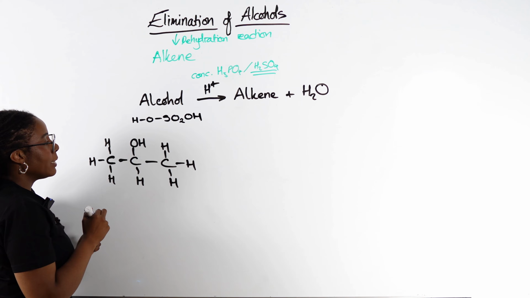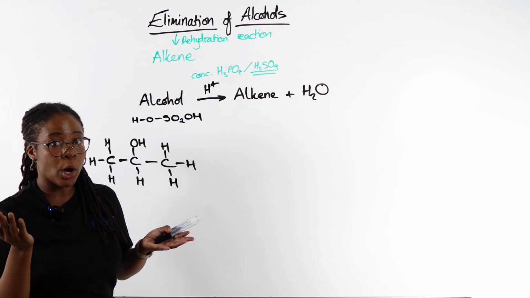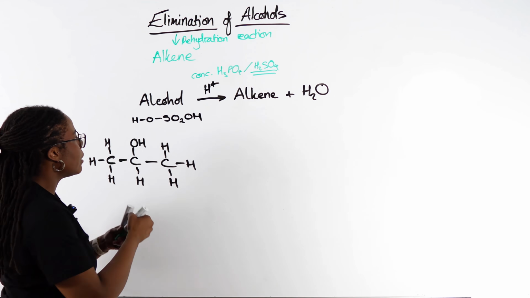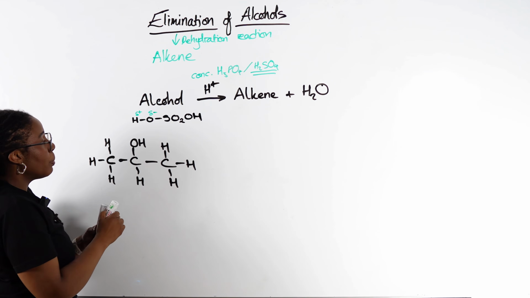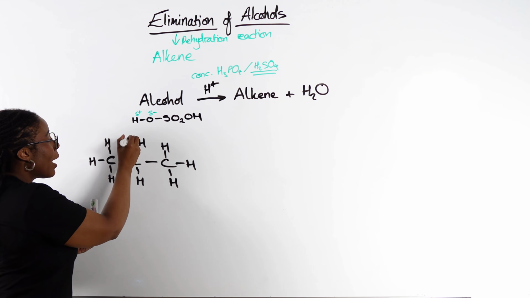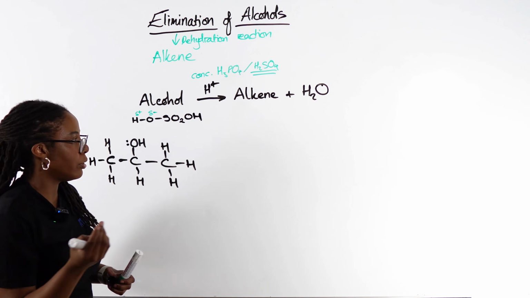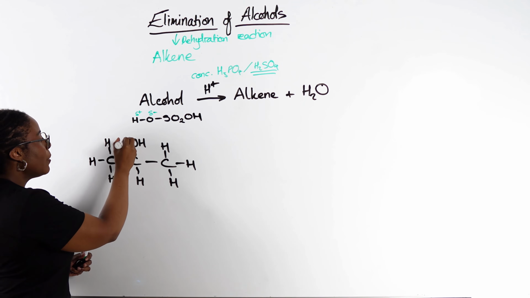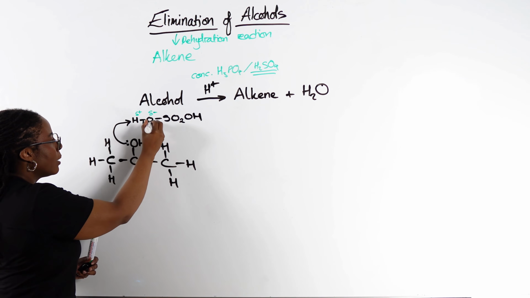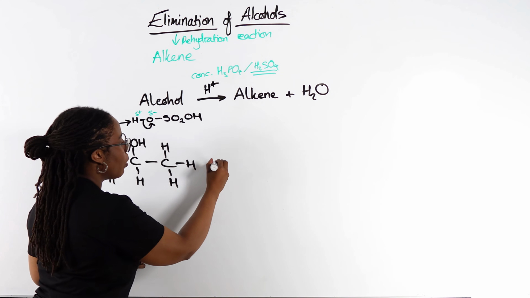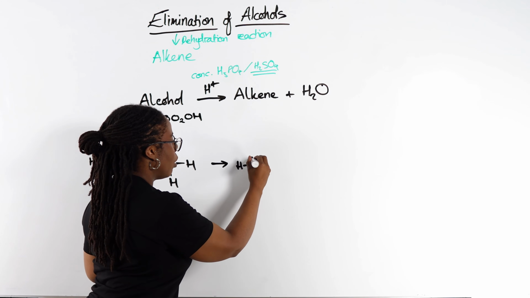The very first thing that's going to happen is we have a polar bond in the sulfuric acid, making this H partially positive and this oxygen partially negative. We also have a lone pair on the OH of the alcohol group, the hydroxy group. So our first curly arrow is the lone pair attacking that H and then breaking this OH bond. And that gives us a protonated alcohol,